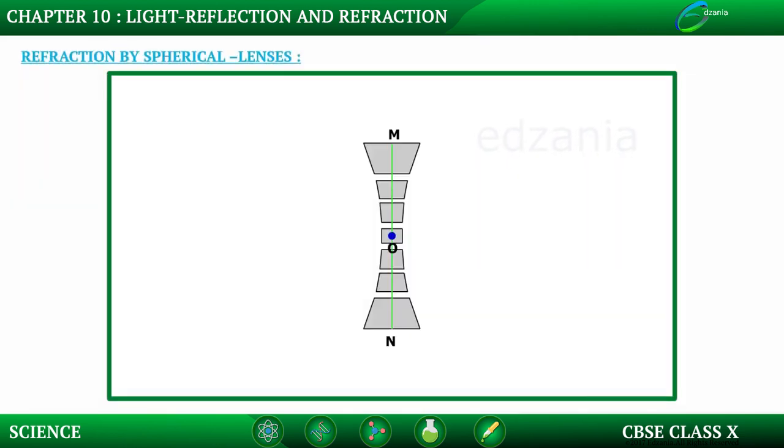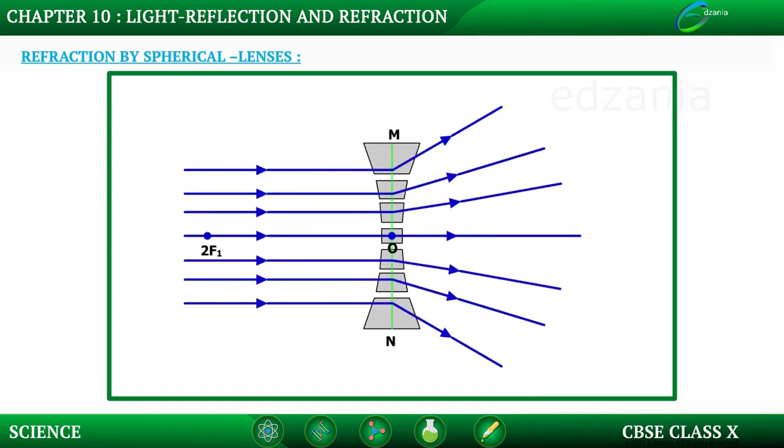Similar will be the case of a concave lens. Here we will see a number of stacked up prisms, but in opposite fashion. With the similar concept of refraction of light through the prism, the parallel rays of light will undergo different kinds of bending. They all will bend at a different angle. The angle of deviation will depend upon the angle of the prism, and as a result they all will diverge out because they all are moving towards the base, whereas these prisms have got the base on the